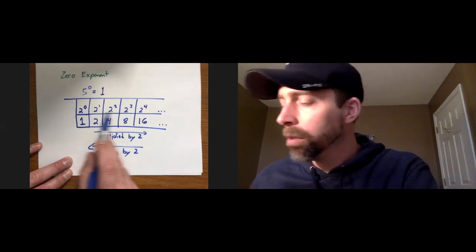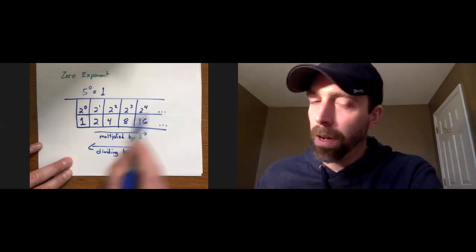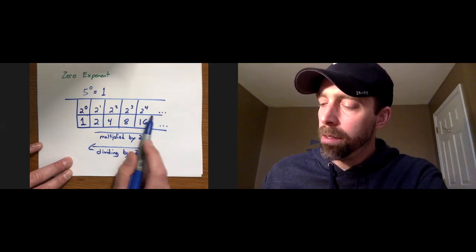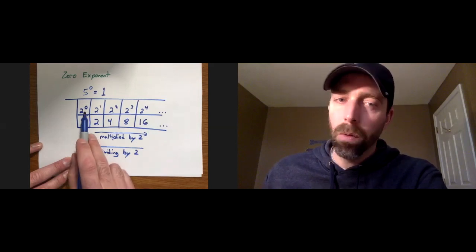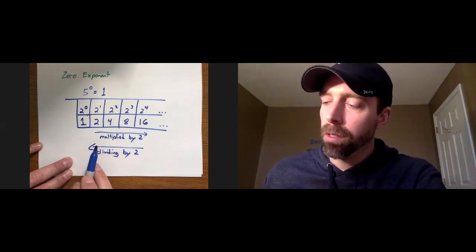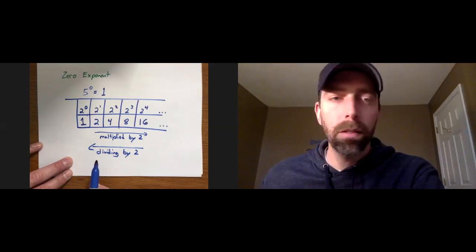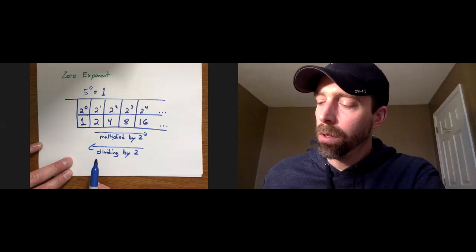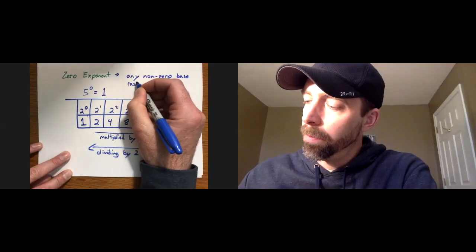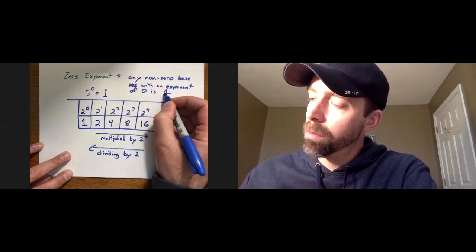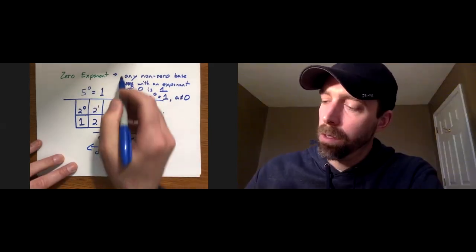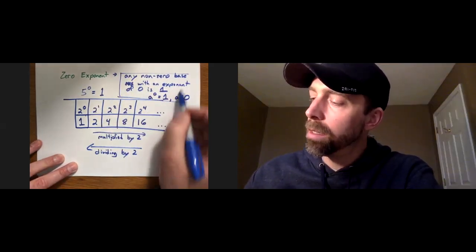Now this works for powers of 2 or powers of 5 or any base. It's always going to be 1. Okay, the one exception is if you have 0 to the 0 power. Well, you can't evaluate that. So the property basically says any non-zero number raised to the 0 power will be 1. So this is the property. So basically anything to the 0 power is